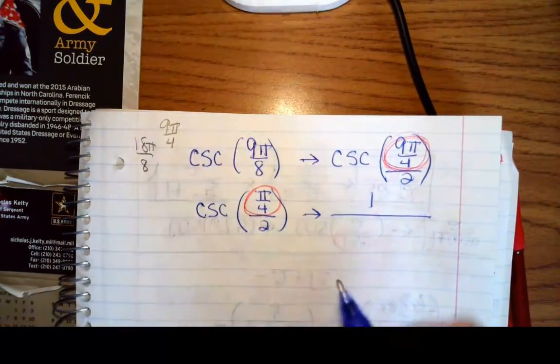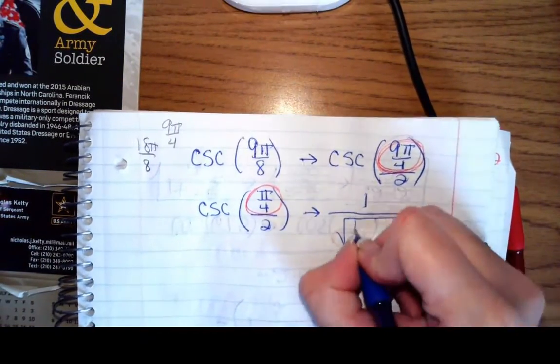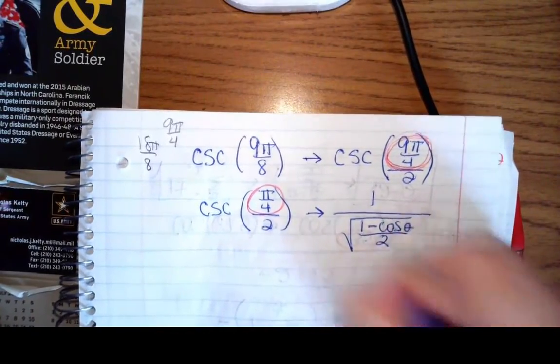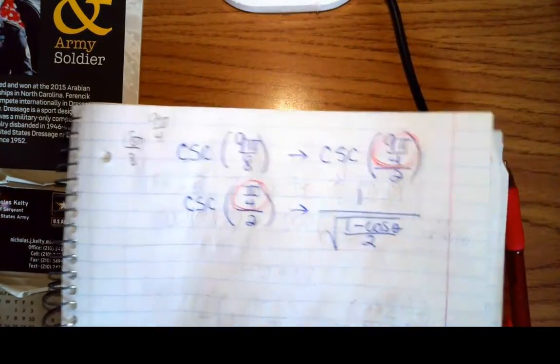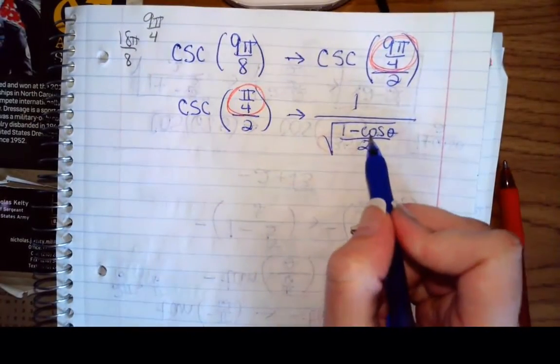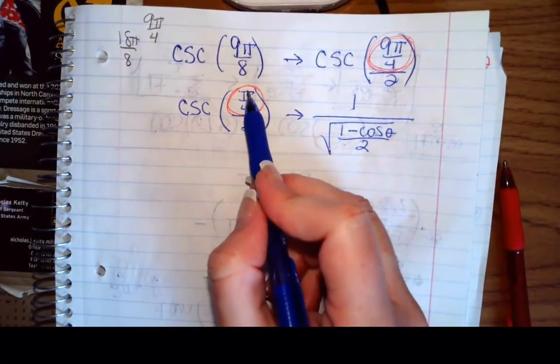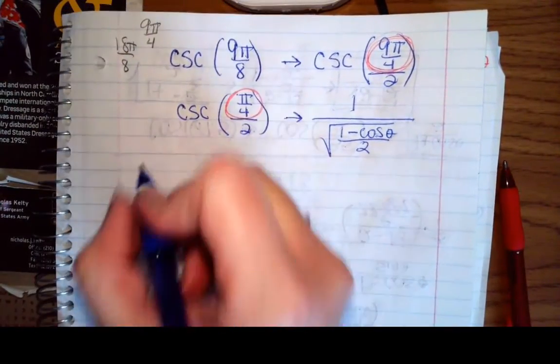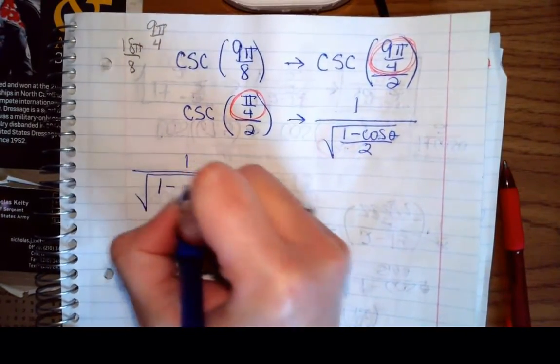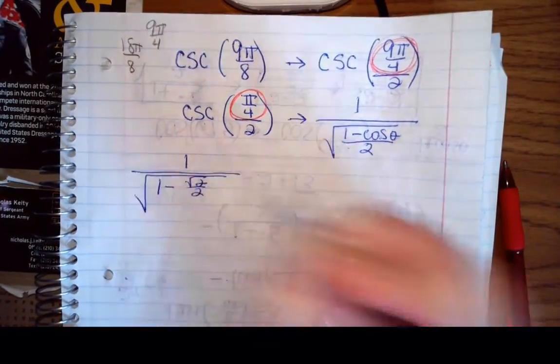Okay, so my answer is going to be positive, and I'm going to do the square root of 1 minus the cosine of that angle over 2. Okay, so this is going to get a little bit exciting. So what is the cosine of pi over 4? It is root 2 over 2. So I've got 1 over the square root of 1 minus root 2 over 2